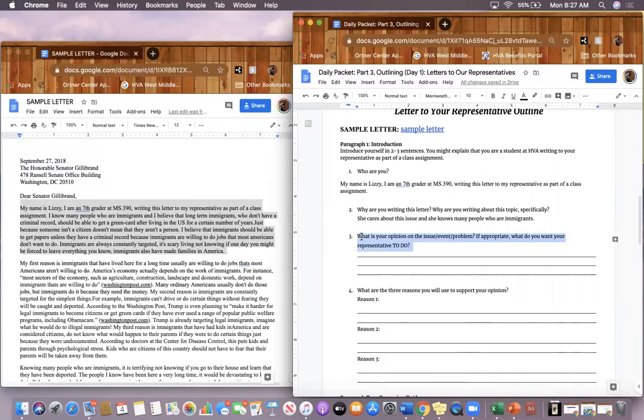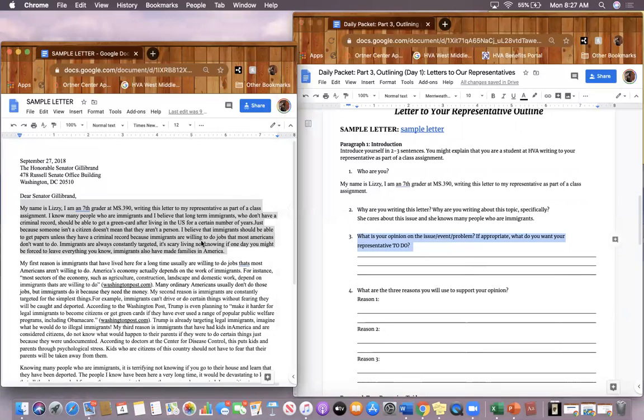Question number 3. So now I need to look back into my sample letter to find the answer to question number 3. What is your, meaning Lizzie's, opinion on the issue, event, or problem? If appropriate, what do you want your representative to do? Now, if we look back in Lizzie's introduction, I do remember a sentence when she specifically asks her representative to do something. Let's look. I know many people who are immigrants, and I believe that long-term immigrants who don't have a criminal record should be able to get a green card after living in the US for a certain number